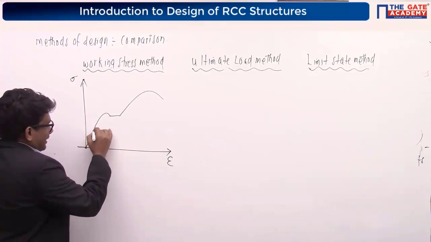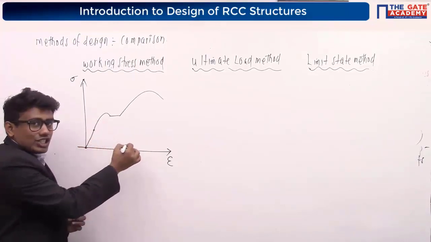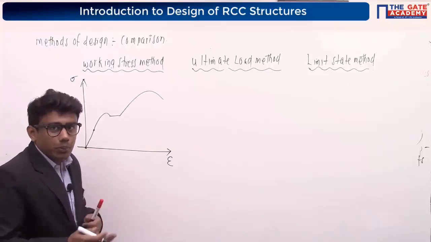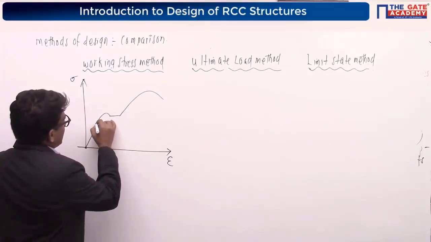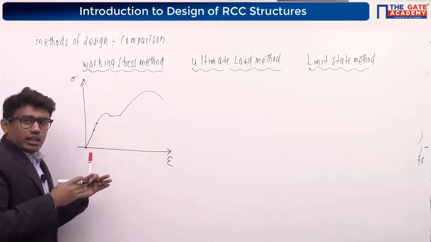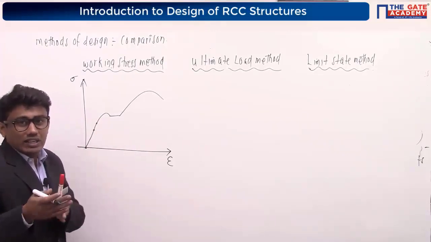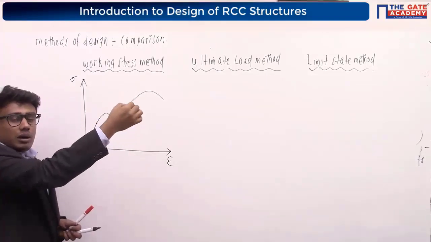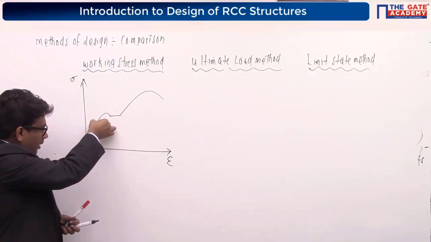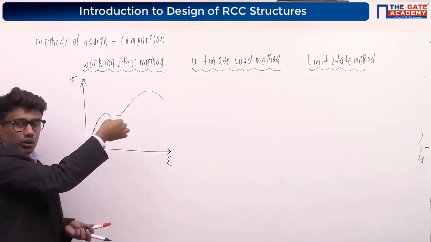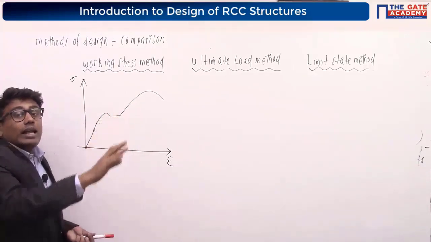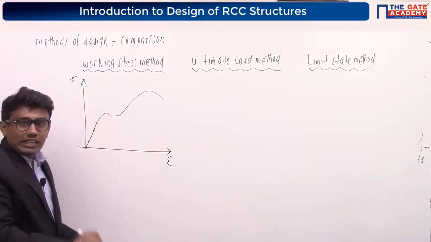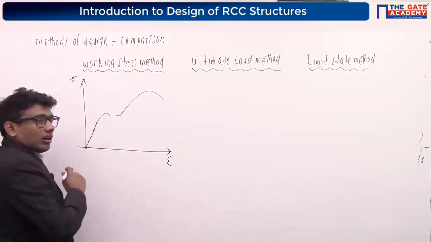From the origin, for a certain length, the stress-strain relationship will be linear or proportional. Stress will be proportional to strain, which is called the proportionality limit. And for a certain length beyond this, the relation between stress and strain will be elastic. When we unload the mild steel bar, the deformation which occurred during loading will vanish, following the same path and reaching the origin. That point is called the elastic limit.